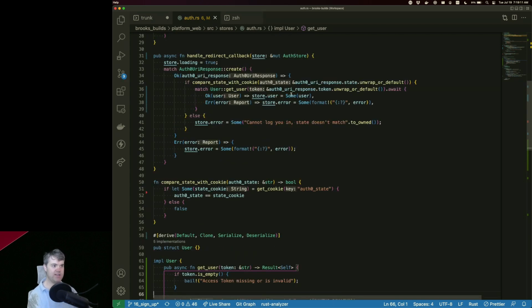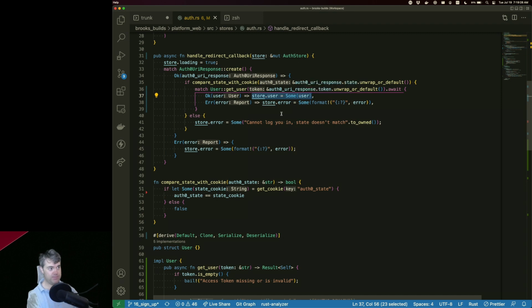So then we'll get that error that'll be stuffed into the store area here. Okay, and then we save that token away. The last thing I want to do is also stuff, like put this into